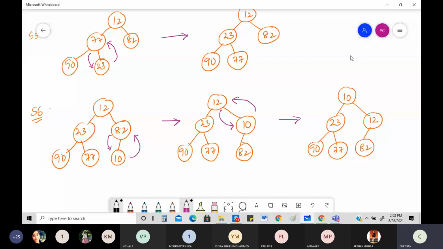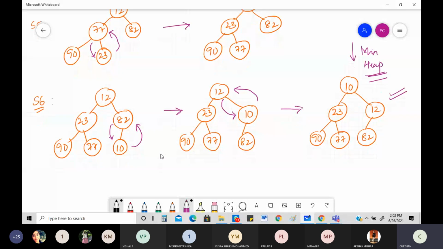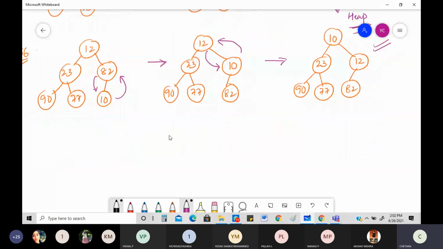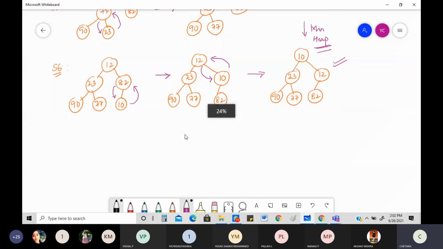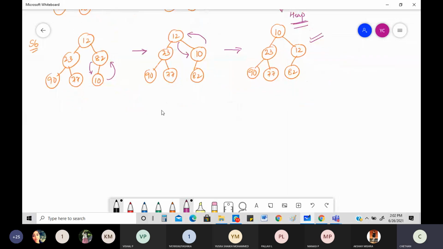See this minimum heap, nicely it is there. Did you create a minimum heap very clearly? Yes. Now why will people not ask you to do top down along with heap sort? Look into the number of steps it took. If you take this many steps just for creation, it will take a long time. Then sorting also will remain, right? Sorting is still remaining. So it will take a hell of a lot of time. So they generally go with bottom up because that's easier to do.